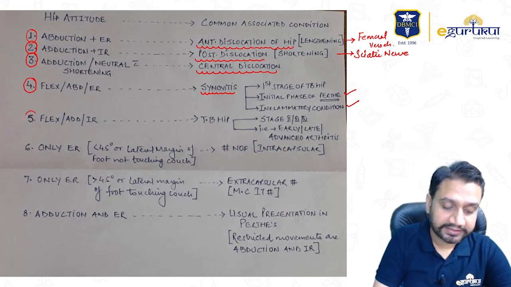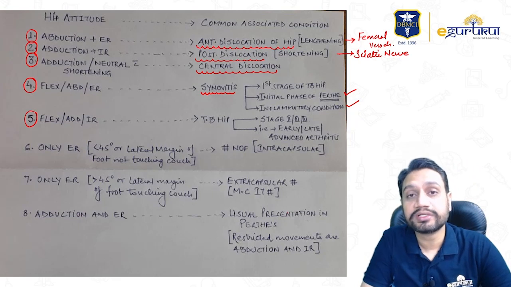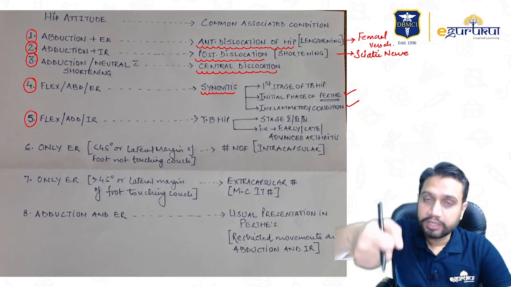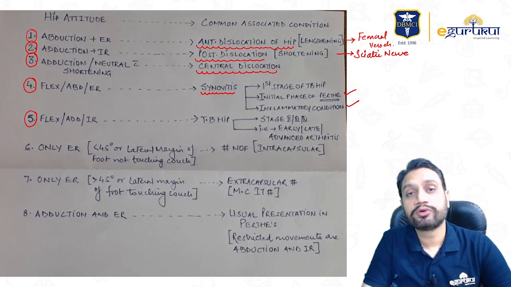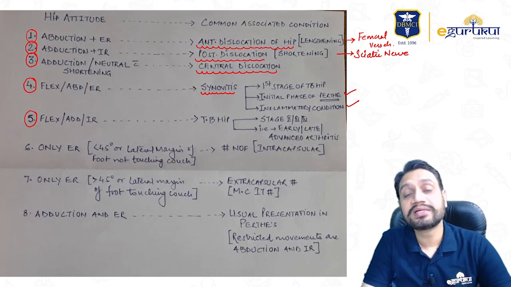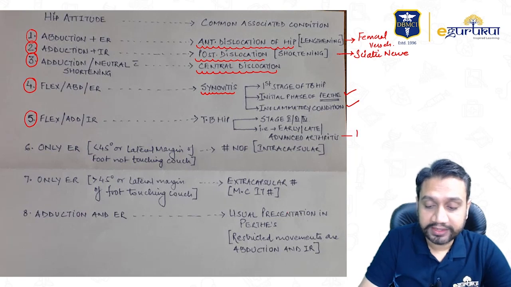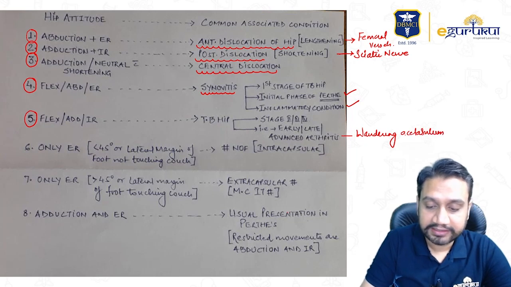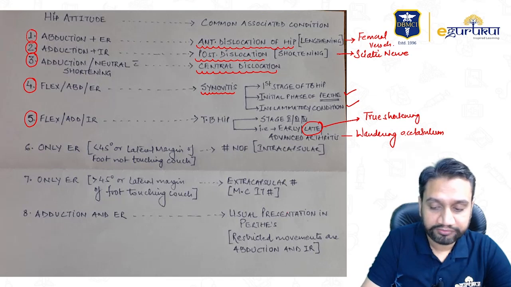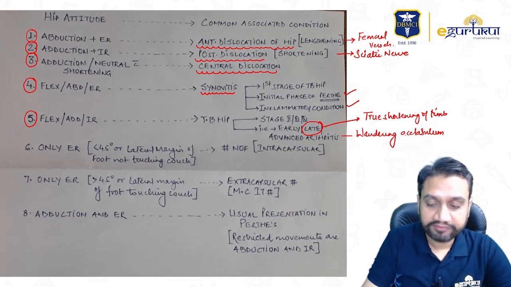If the hip is held in the stage of flexion, adduction and internal rotation, that suggests to you that now the bony destruction has started and now the muscle is pulling the bone up. This is usually seen in the tubercular hip in stages 2, 3 and 4, the early arthritis, late arthritis and the advanced arthritis, where you see the wandering acetabulum. And what is the broad difference between the early and the late arthritis? The broad difference is, in late arthritis, there will be true shortening of the limb.